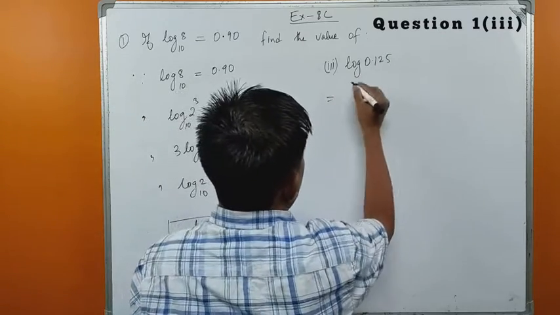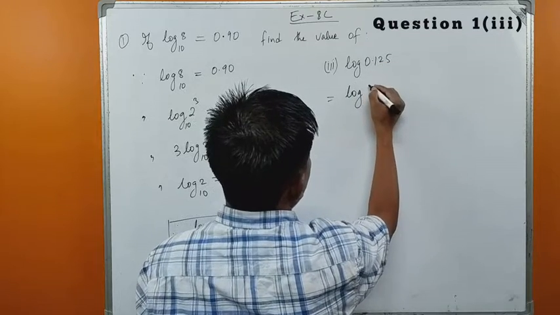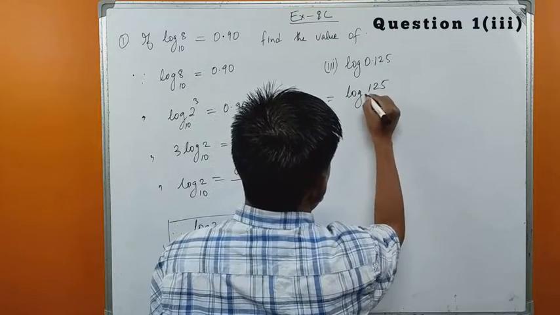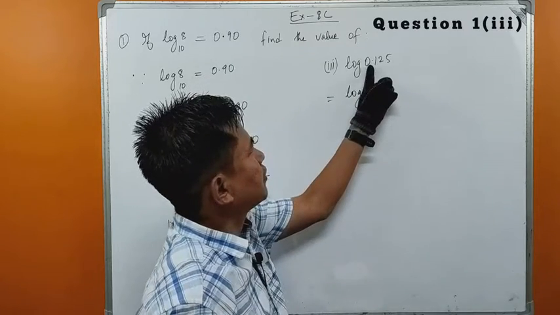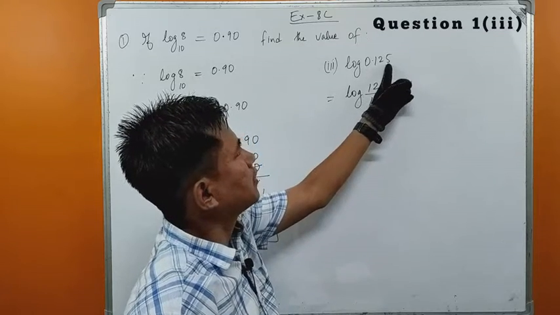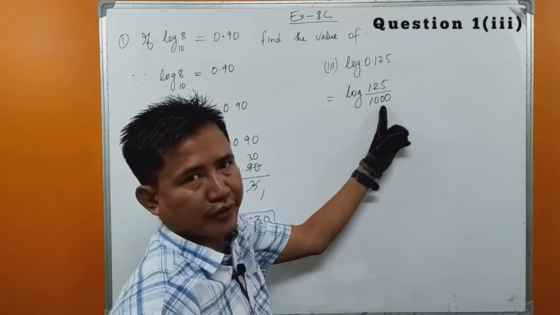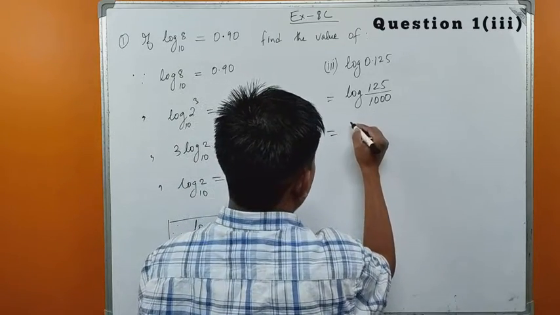So log 0.125 means log 0.125. Okay, we remove the decimal point and we put 3 zeros in the denominator. There is a decimal point before 3 digits here, 1 2 3, so we remove the decimal point and introduce 3 zeros in the denominator. Okay, so I hope you got this. This means log